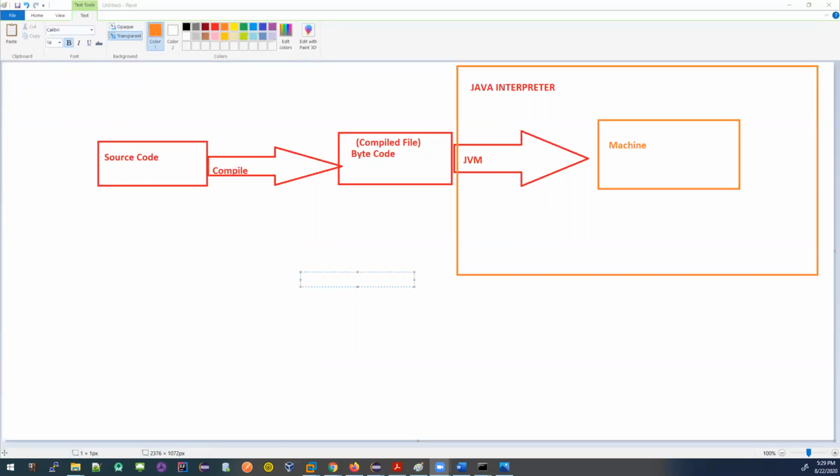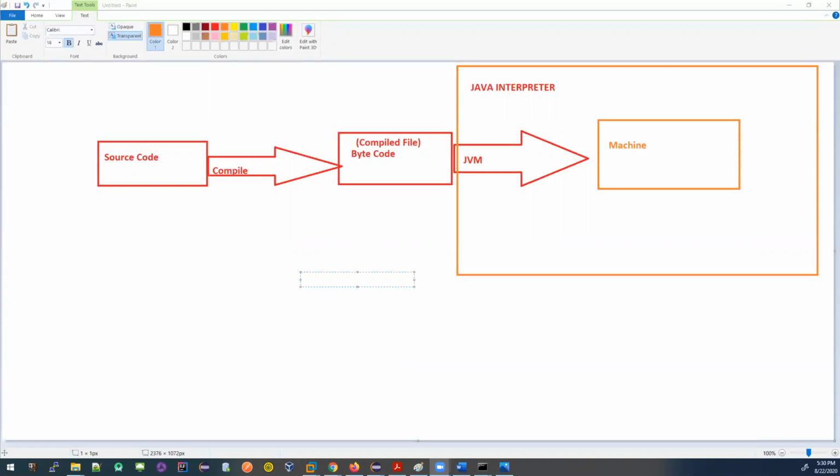You have not seen that there are a lot of devices that come with a built-in JVM, right? JVM is already there. Even if you don't have Java installed in your system, you'll see Java is updating sometimes. It asks you for a Java update. Why? Because you already have a Java virtual machine installed in your computer. Otherwise, how would your computer be able to understand an application written in Java?